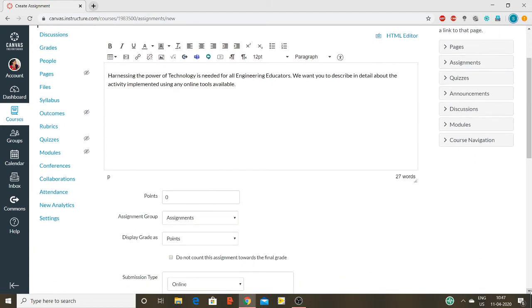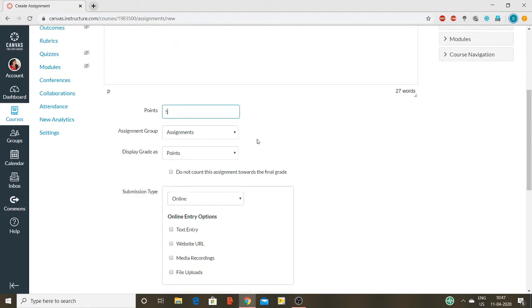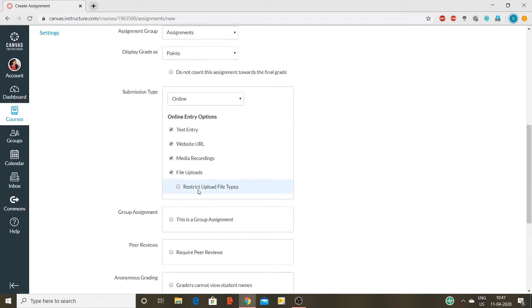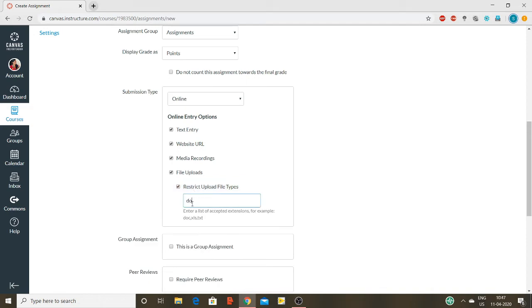Then in points give it as 10 or 5, whatever the maximum mark you want to set for the assignment, and then give the display grade as points or GPA or percentage, whatever you like. Give the online submission as text entry, website URL, or file uploads, and you can restrict the upload file type to doc, PDF, whichever you want.